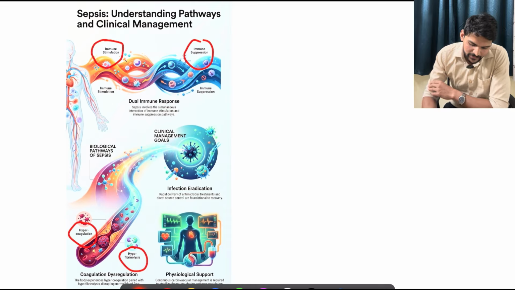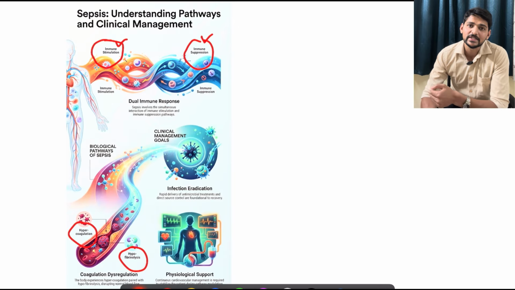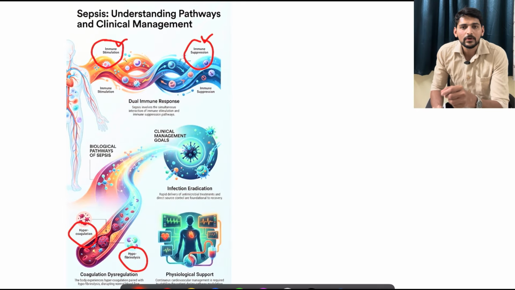So for example, if the individual is in immune suppression stage of sepsis, giving steroids in that particular situation will not help. So if the individual is facing damage due to immune hyperstimulation stage, in that case if we utilize the steroids, then it will serve its purpose. So these are all the mechanisms which we have to always consider, so that we will target with particular drugs at right time.